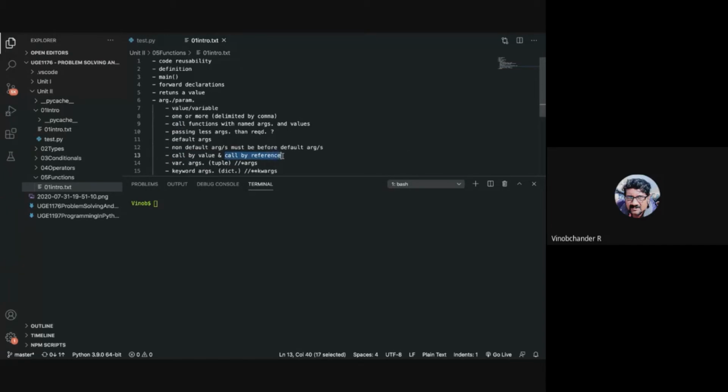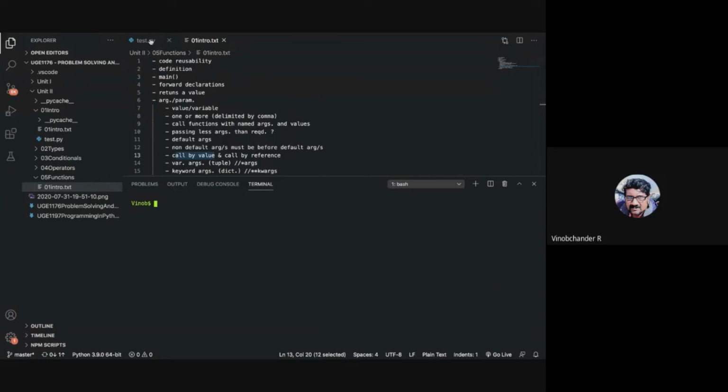And call by reference means that you pass an object, so if there is a change in that particular object's state, the change is reflected globally as well. Whereas that change is not reflected globally in call by value. This is the meaning of call by value and call by reference.